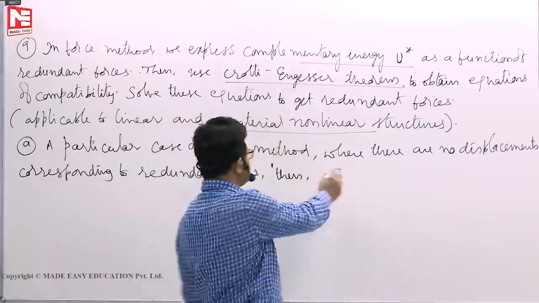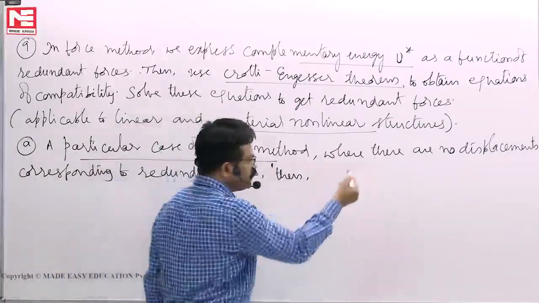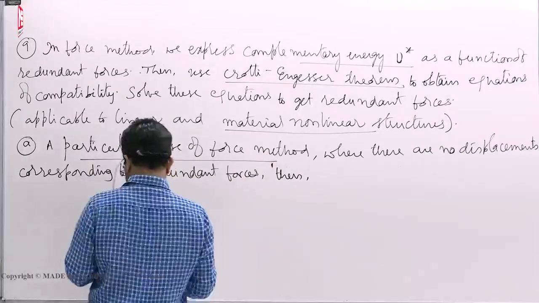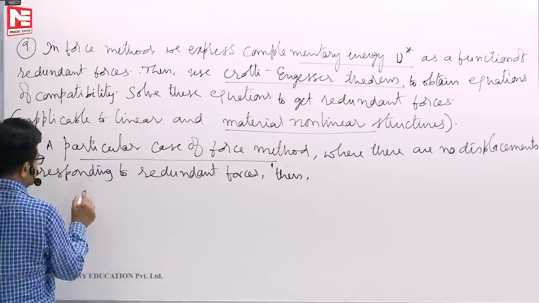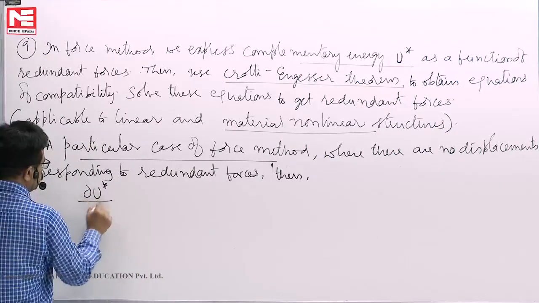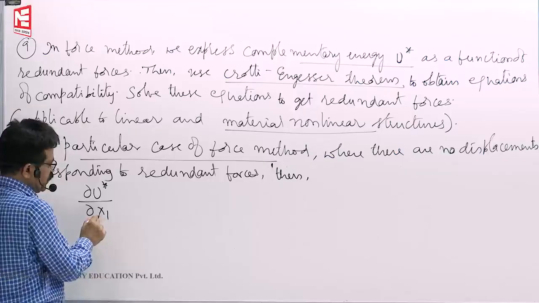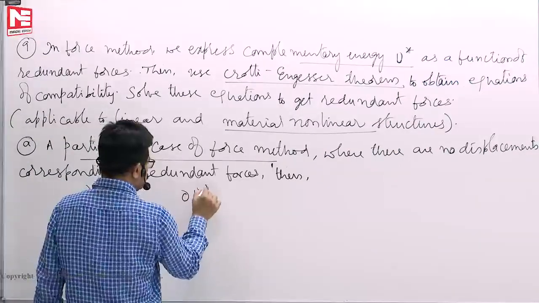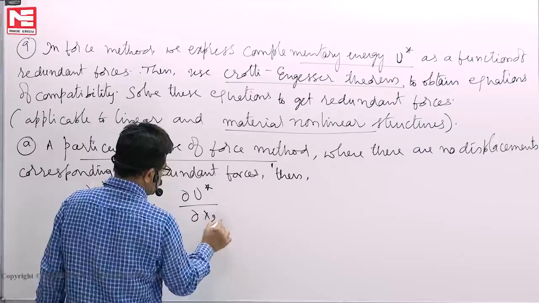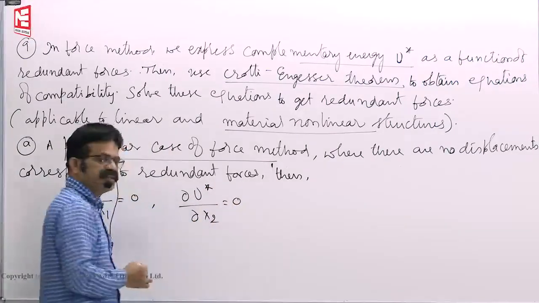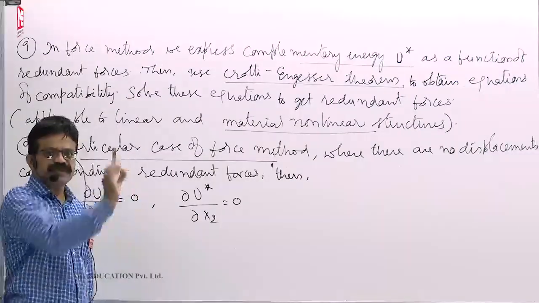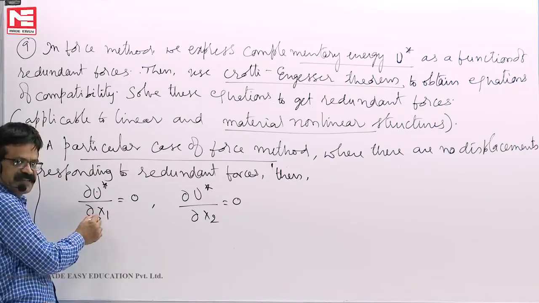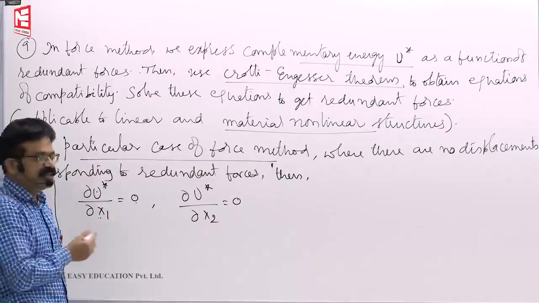Such a case is a particular case where the redundant forces, wherever they are acting, have displacements 0, then we can write ∂U*/∂X1. This is a support reaction VA, let us say. Then it will become 0. And for the support reaction at B you have taken ∂X2, another support reaction. That means X1 and X2 are support reactions where there are no displacements at all. So differentiating with respect to X, that means force, it should be 0. Then it becomes,